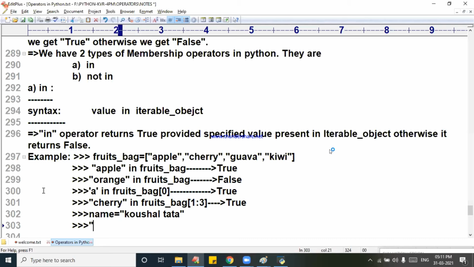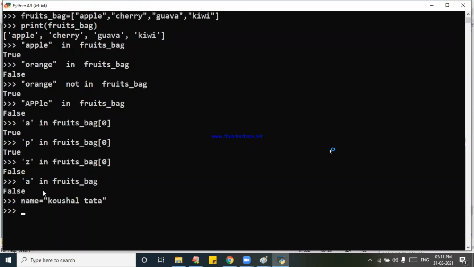Tata in name. Answer please. I am writing Tata in name. So, true.